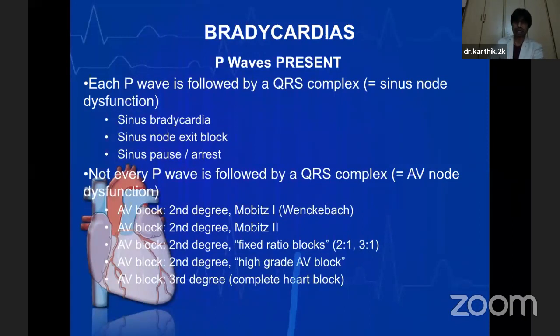In second degree heart block, we have sometimes certain entities called 2:1 heart block or 3:1 heart blocks, where you can see that after every second beat or third beat, a beat is completely dropped or missed. A P wave is not followed by a QRS complex. So that also comes under the class of second degree heart block. The PR interval is very high, and at random, you have the QRS complex missing.